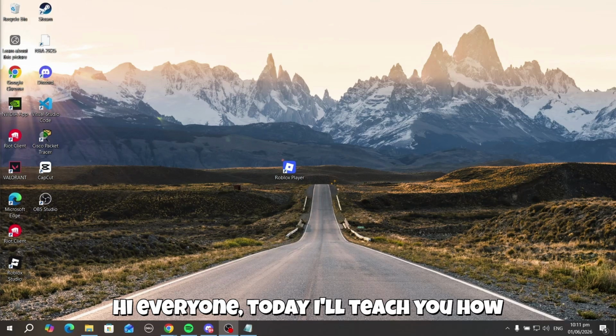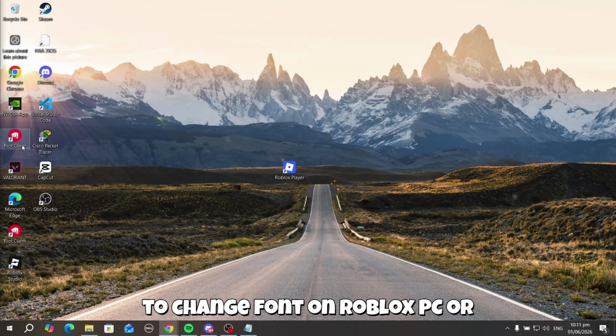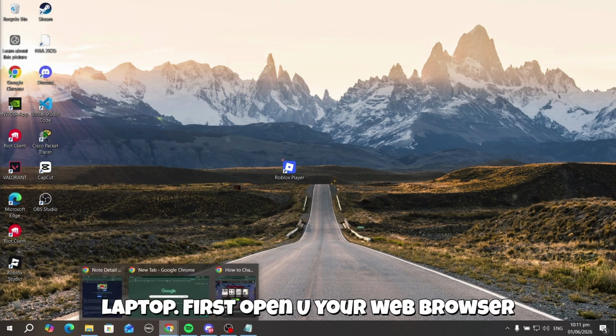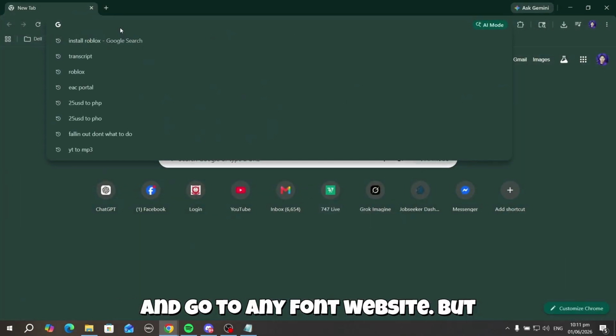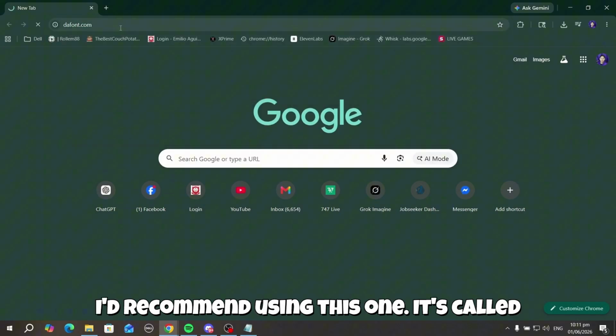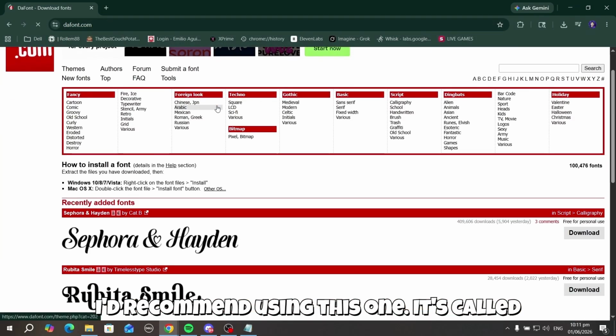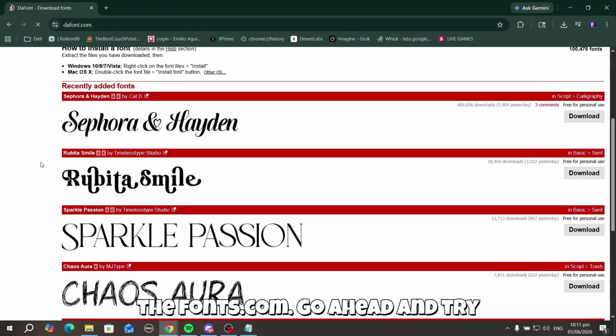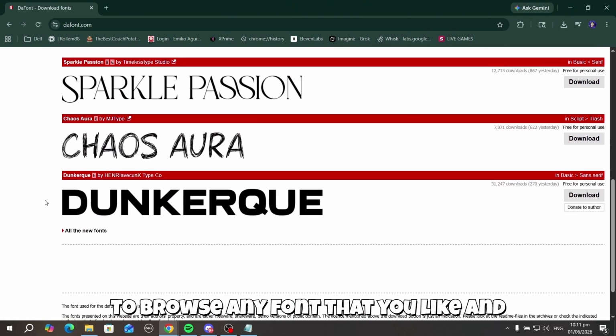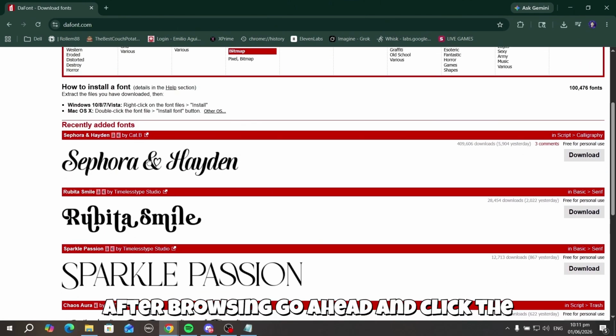Hi everyone, today I'll teach you how to change font on Roblox PC or laptop. First, open up your web browser and go to any font website, but I'd recommend using this one. It's called thefont.com. Go ahead and try to browse any font that you like, and after browsing, go ahead and